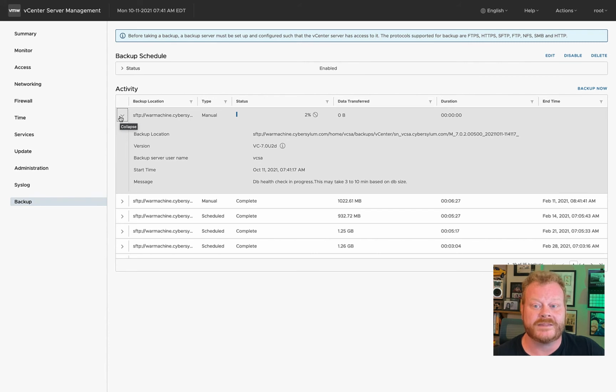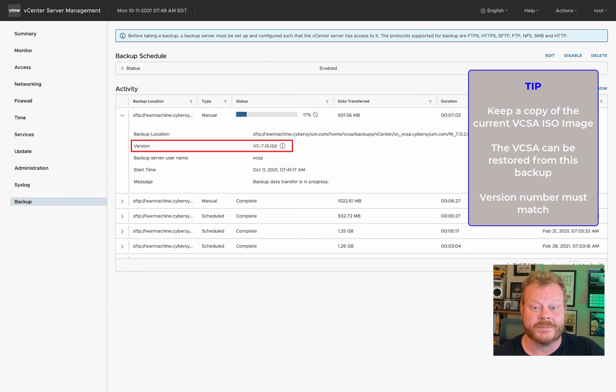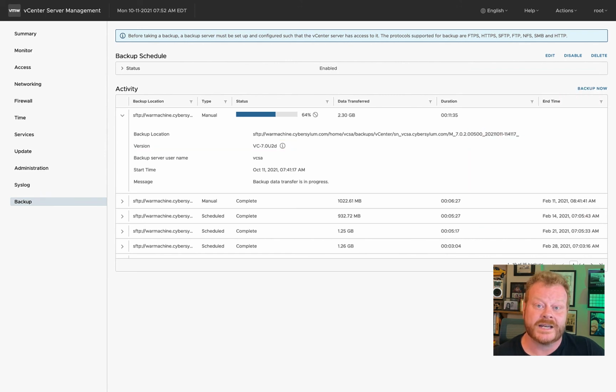I do recommend that you keep a copy of the VCSA ISO image handy. This backup file we're creating can be used in conjunction with the installer on that image to restore your vCenter. It is important to know the version number of the VCSA ISO image must match the vCenter server version you're running. Now, through the magic of video editing, we'll watch a 20-minute backup process fly right by, and we can